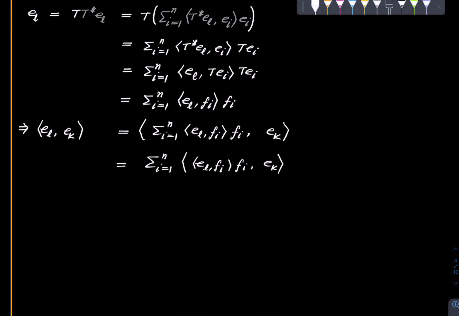So we just took the summation out, and this gives us, so this is just a number, so it pops out of the inner product. All right, and this is equal to